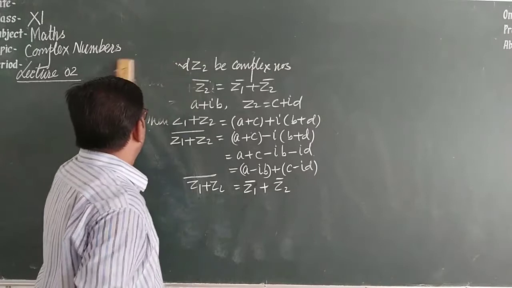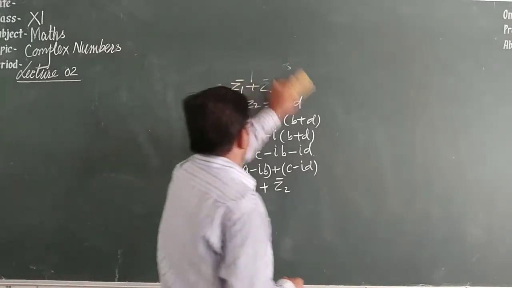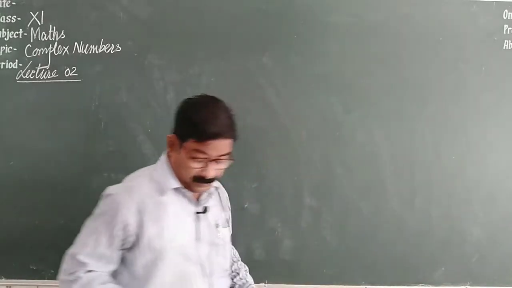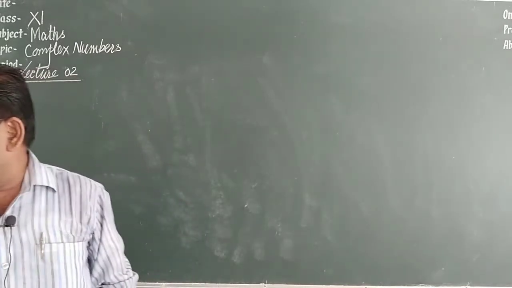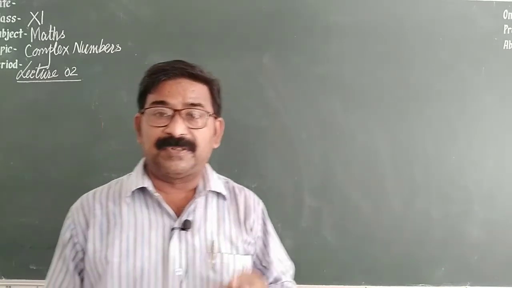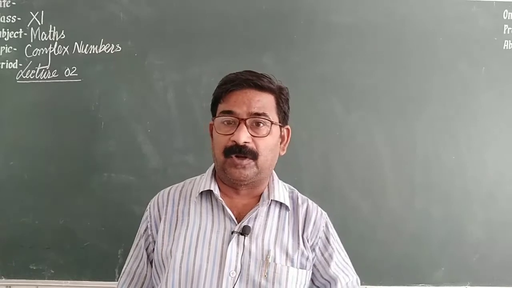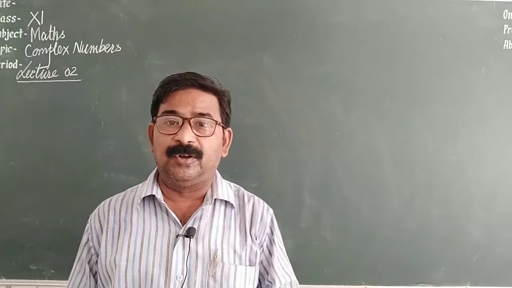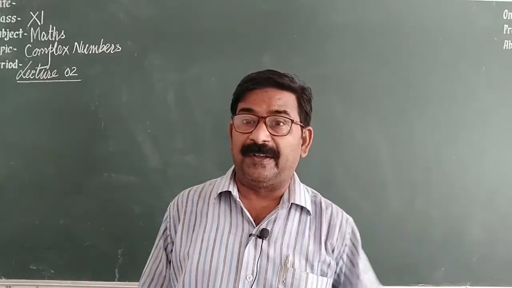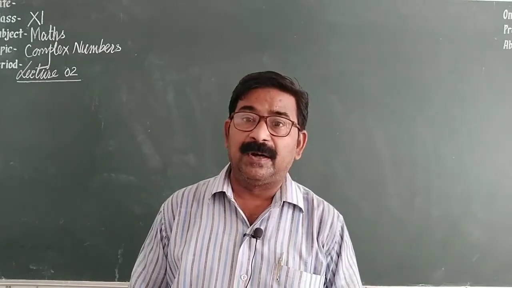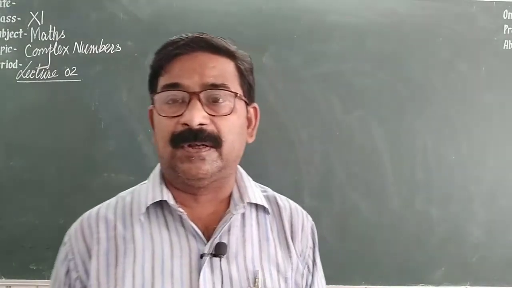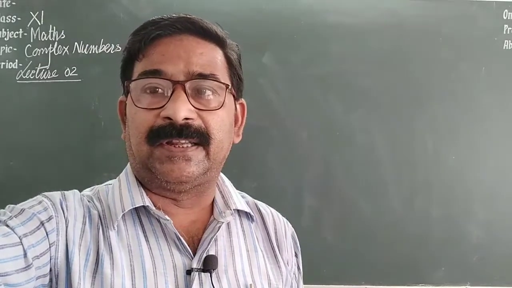Now we are coming to the Argand plane, argument and modulus. Students, in this chapter two things are removed from the syllabus. One is the representation of a complex number in polar form, which means we need not prove the polar form and its properties this time. And the other is the square root of any complex number. Earlier it was in the syllabus, but this time square root and polar form have been removed. Got it? So let's see the other things.